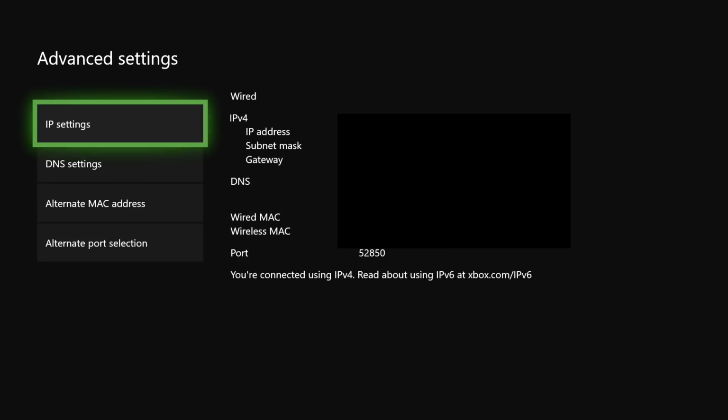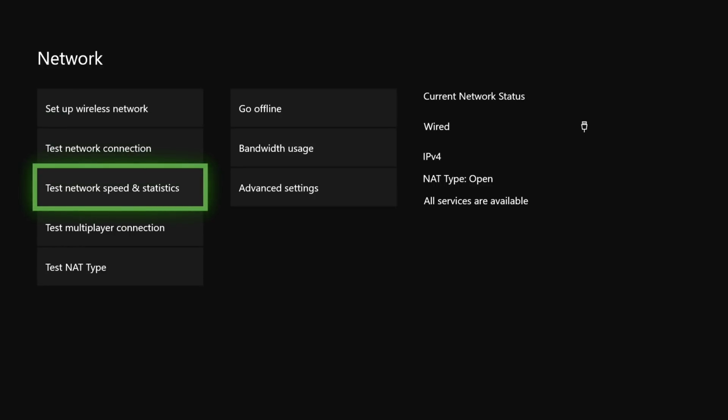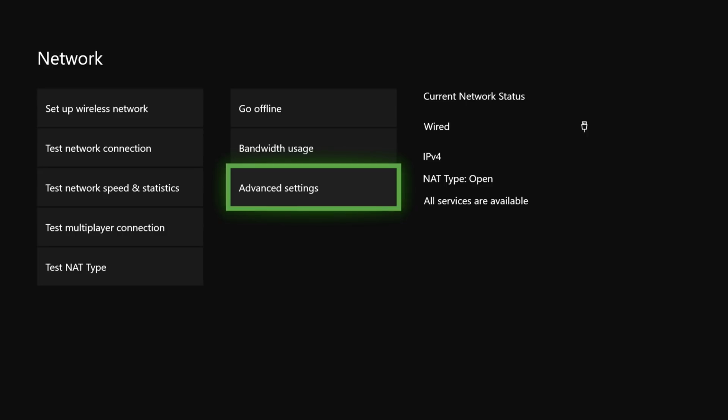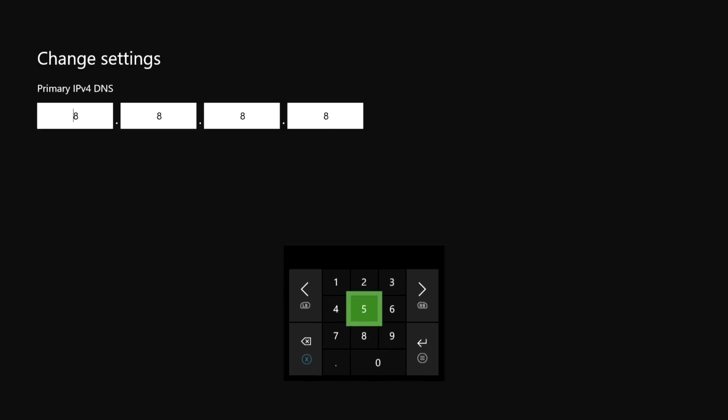So now once you do that, you want to press on next or the options button and go back. And once you go back, you want to test your internet connection by going to here, and see the difference it makes, if you get a better internet connection or worse. But if you get worse, just go back, and if you get better, you can also go back and test out another DNS code that I'm gonna show you.